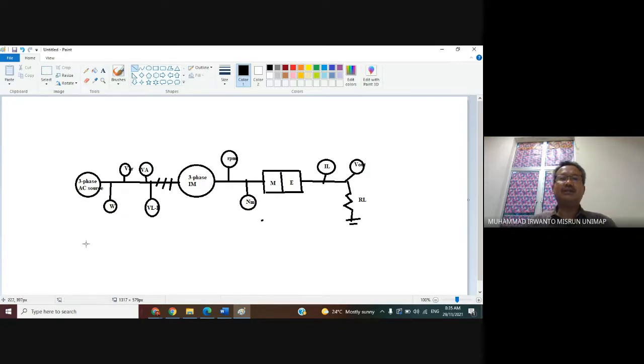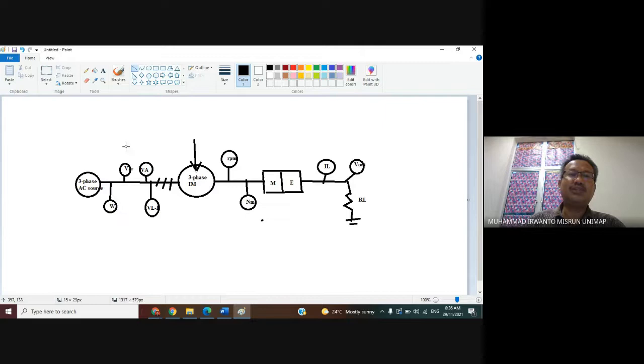Meaning we have some parameters that can be observed. Remember, in this case you put the parameters of the three-phase induction motor, for the initial number of volts, how many volts are given here.